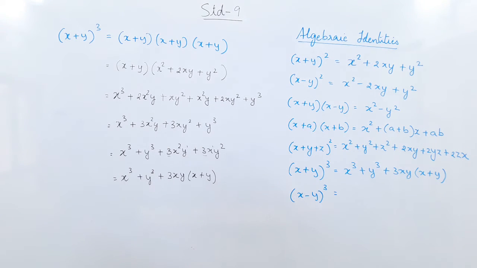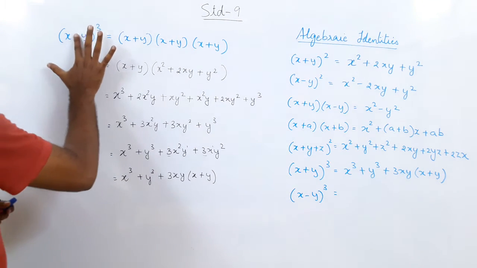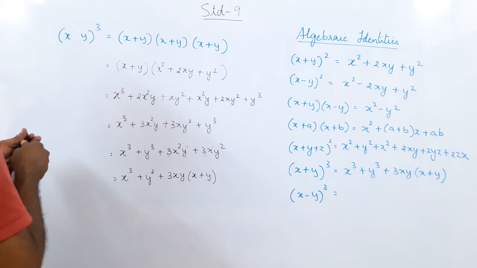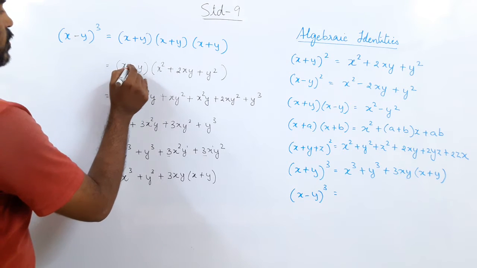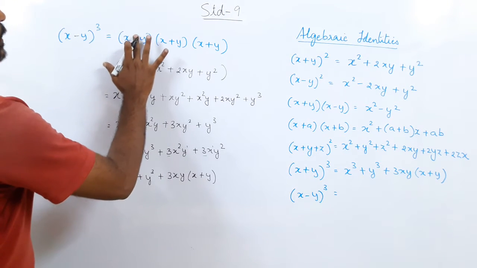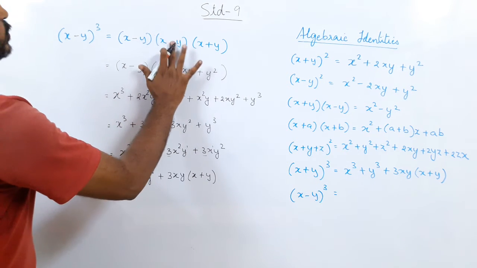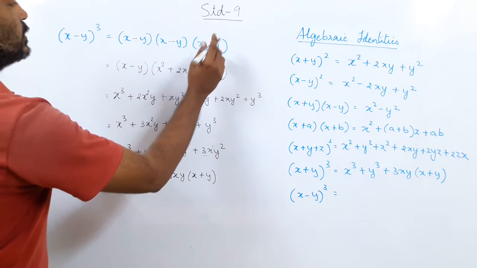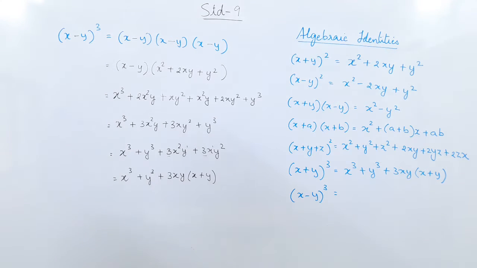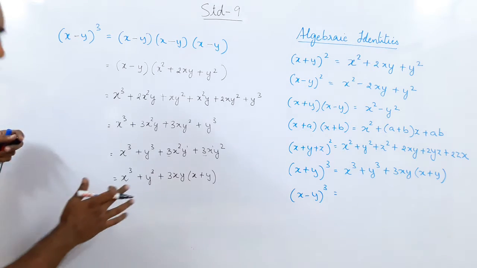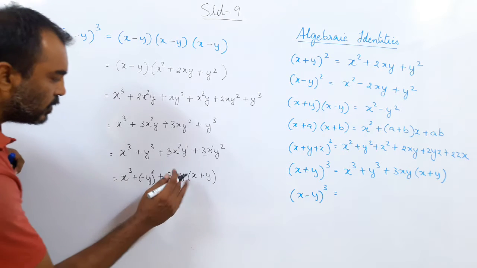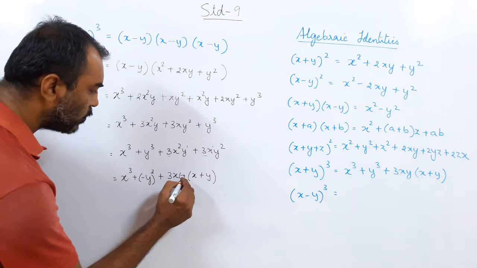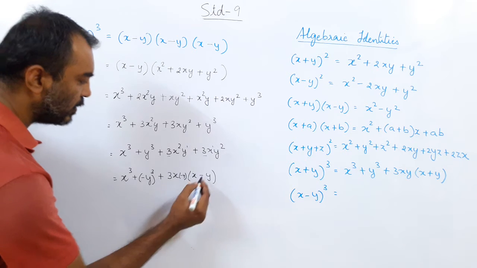So what do we do with the x minus y? I have to change this plus y into a minus y. So this plus will become a minus. Now I am not going to write it again, just going by it, x minus y and x minus y. So the whole method revises, but if I want to do it directly, how can I do it directly? Instead of a plus y, I can put a minus y. So here also I will get a minus y, and here also I will get a minus y.